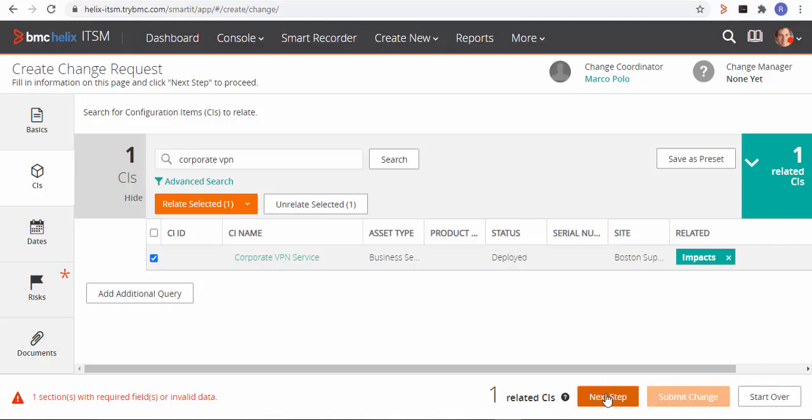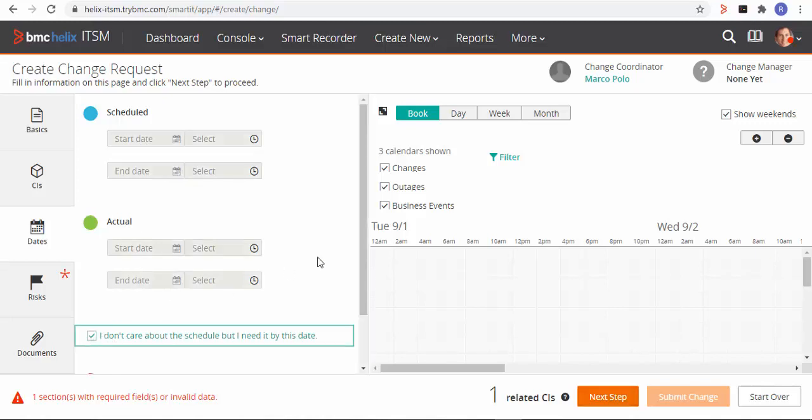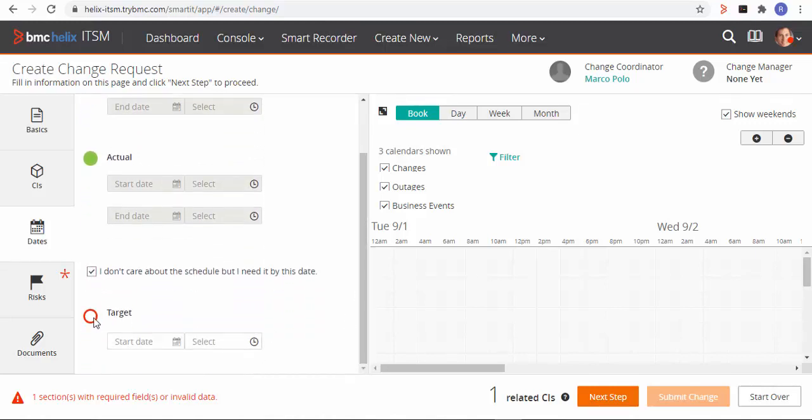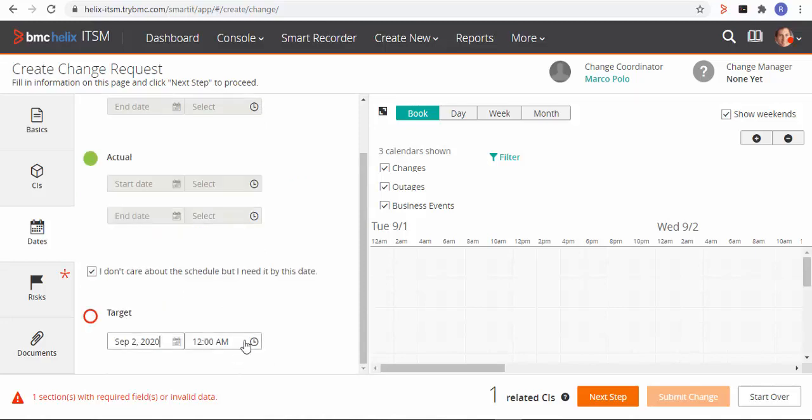Once my CIs are quoted, the next step is to assign change dates and times to this emergency change. I can either go into a scheduled and actual stage, or I can specify that I don't care when this change is performed, but I am looking at a target of tomorrow for this and I need this done by 12 a.m. Okay. Now on the right hand side,